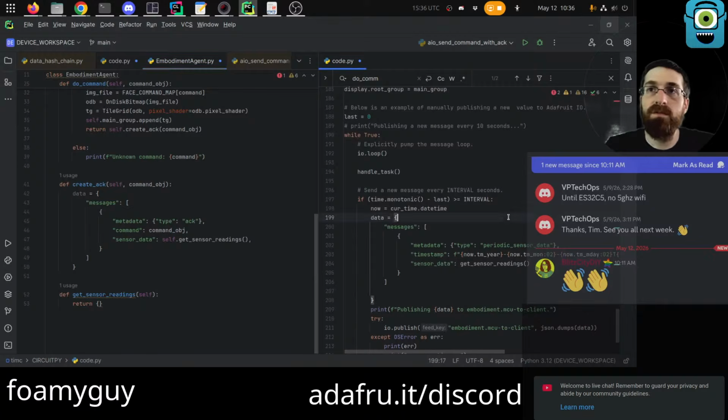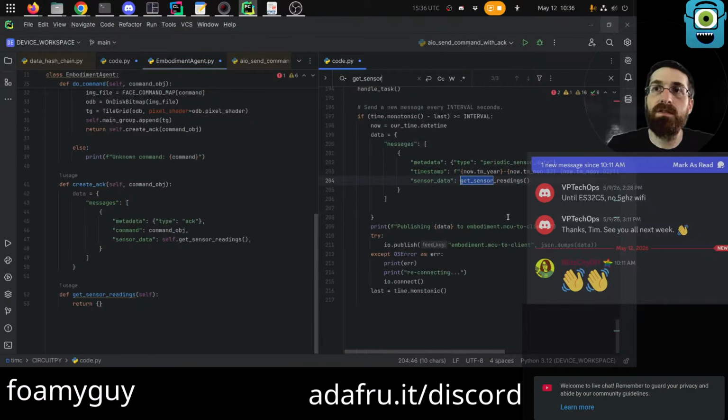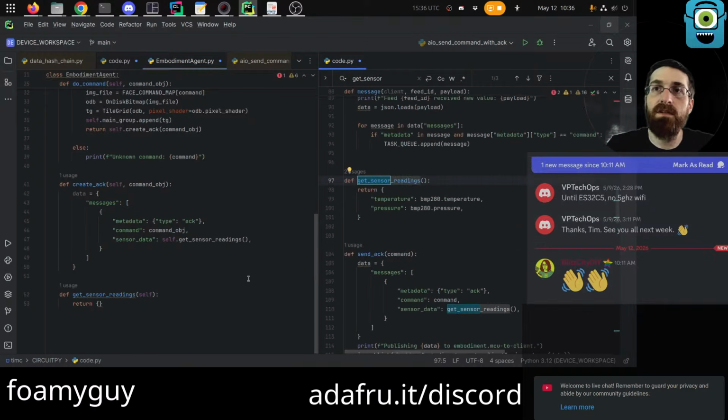And then what we'll do is get sensor readings. What does that look like in here? So this returns currently temperature and pressure. And I think what this should do is make a data object